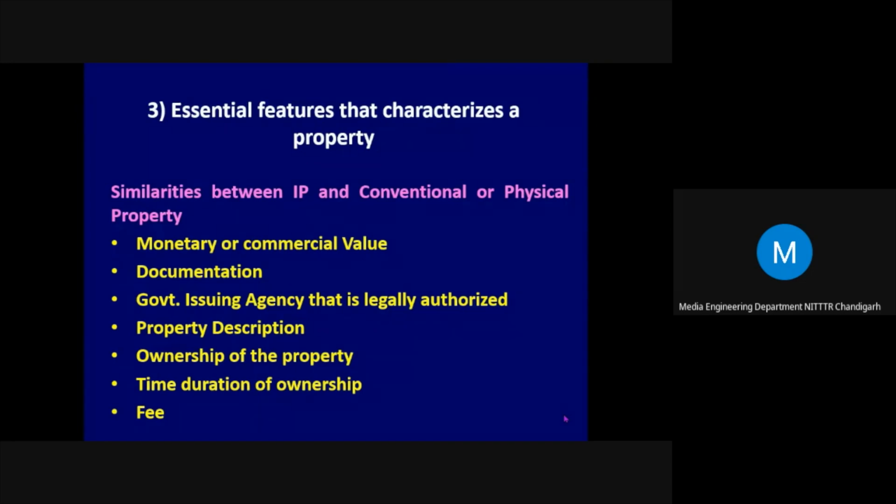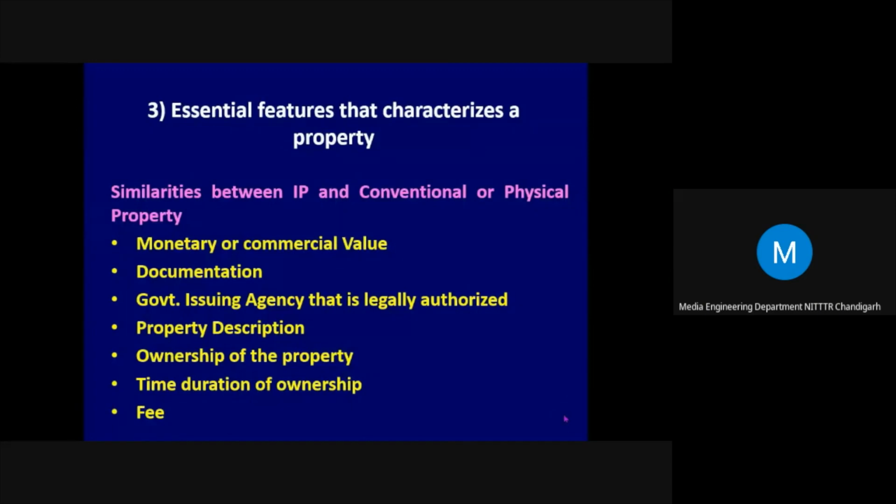That's it. Government issuing agency that is legally authorized. Each ownership is provided by a government backed department. For example, if we wish to get the land registered in our name, the Register of Land Records is the relevant authority. Tahsildar and Tahsil office is there. In the same way, Indian patent offices are there that back you and provide you the relevant certificate. For example, industrial design is also being looked after by the Indian Patent Office.